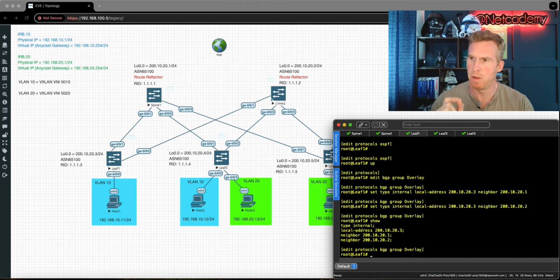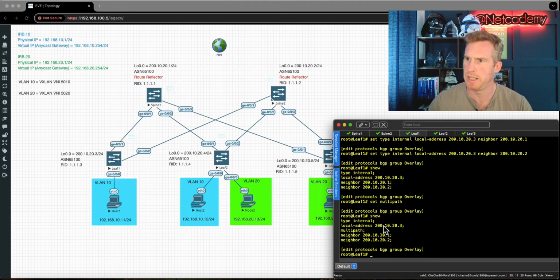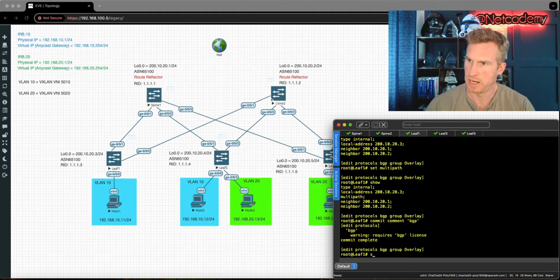Now remember that multipath command, we need that. So let's do set multipath and let's do show, and we can now see that's been configured right there. So in short, we've got type internal using our local loopback 0 address, multipath function to use all available interfaces to go to the same destination, and we have the neighbor adjacency, or we will have, to spine 1 and to spine 2. But now let's just commit this with the comment BGP, and let's do show pipe display set,